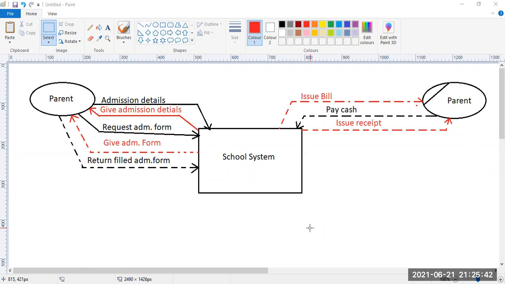Whatever things are going to be exchanged between the teacher and the school before the appointment of a teacher, you have to draw the DFD and send it to me by 8 o'clock tomorrow morning or by 10 o'clock in the morning. Can you do that?